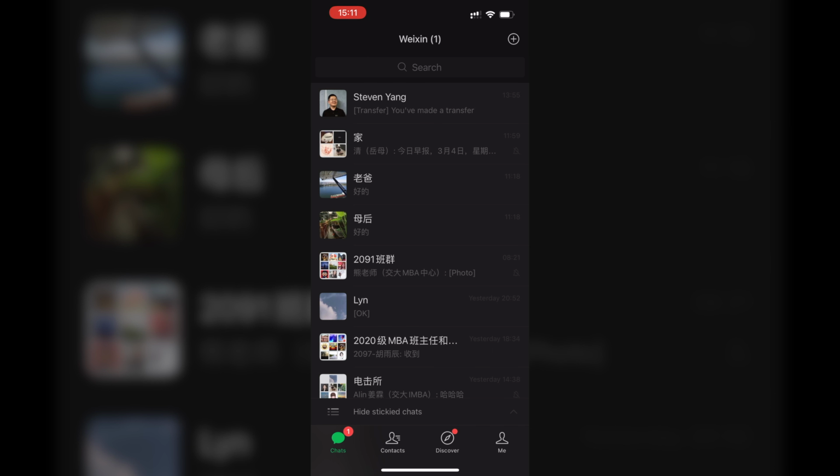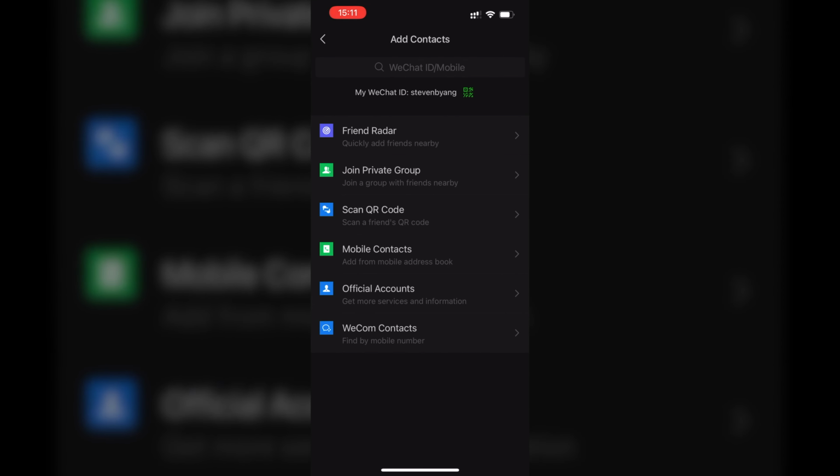Alright, the second thing that I want to show you guys is how to add a contact in WeChat. You do that by going to the Chats tab and tapping on the plus sign on the top right. You'll see an option that says Add Contacts. Once you tap that, you can search for somebody's contact by looking for either their WeChat ID or their mobile